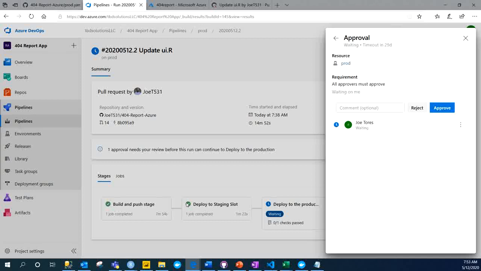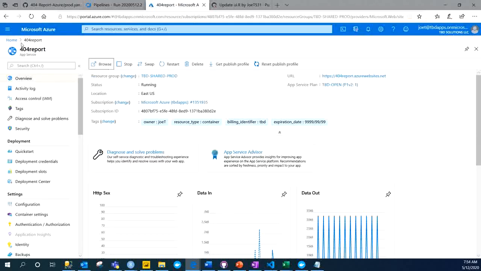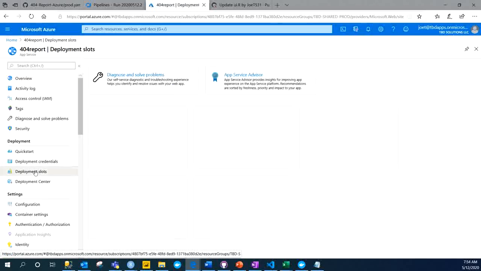But what helps us sleep at night is if we do this whole swapping thing, where we take what's in the staging slot, and instead of overwriting what's in the production slot, we literally just swap them out, and so we can see what that production environment would look like. Just in case anything goes wrong, we can just swap it back to make any changes with what was in the production slot to begin with. So if we navigate back to our 404 report and go to our deployment slots,